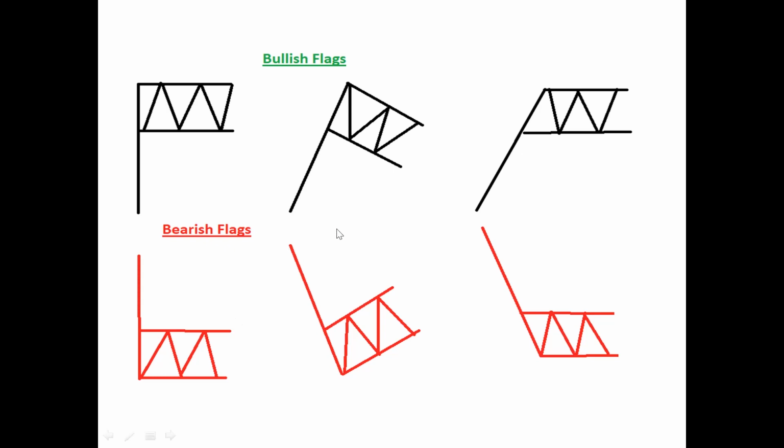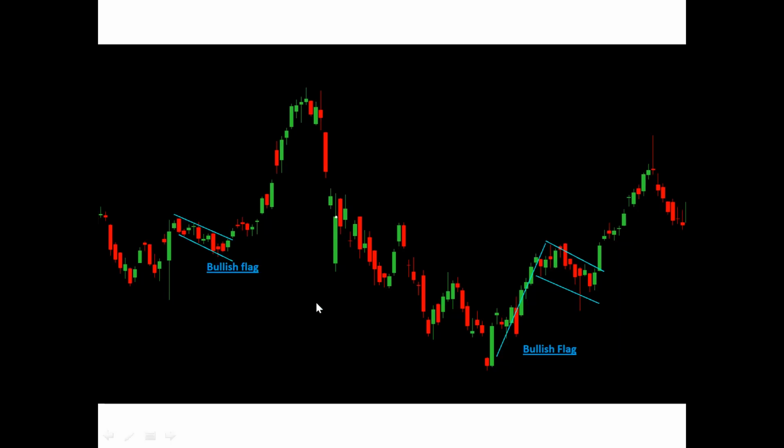Okay, so let us take the real examples. This is the daily chart of Bank Nifty. You can see here we have this sudden impulse up move. You see this candle is very huge. This is an impulse up move, right? And then after that the market has gone into consolidation. So this is forming a channel kind of thing, right? This is the pole of the flag, and when this is broken, you see you have a huge up move on this side, right?